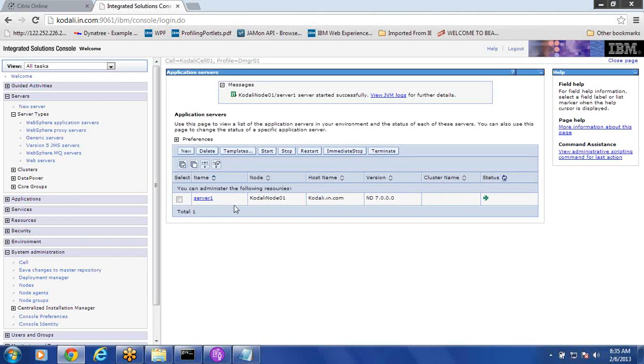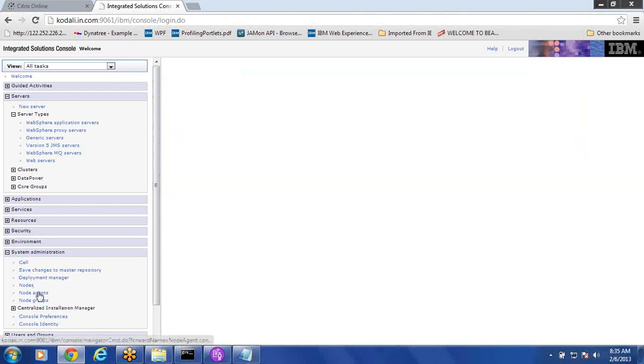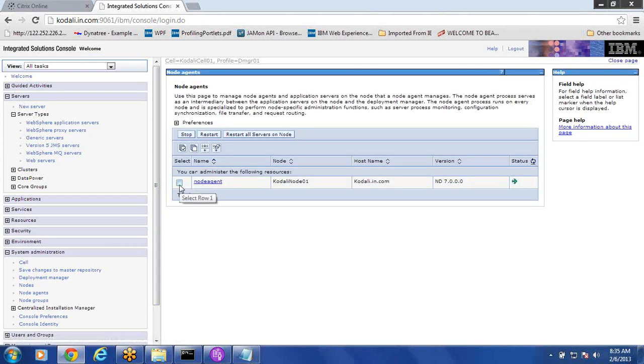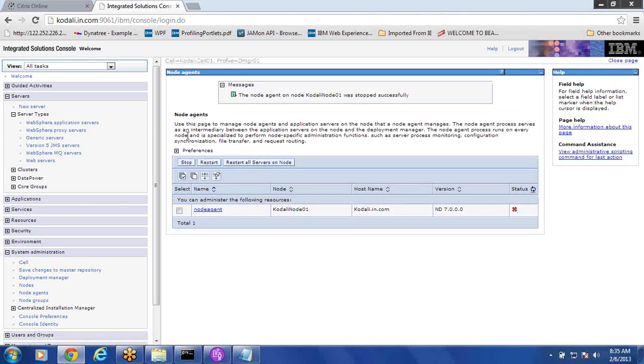Now the server is started here, right? Now the server is started. Now let's do one thing. In the node agent, I have stopped the node agent. Okay, I'll stop the node agent. Okay, the node agent is stopped. Now,